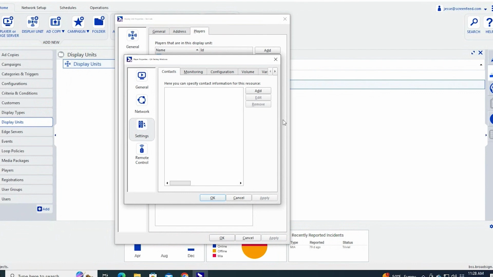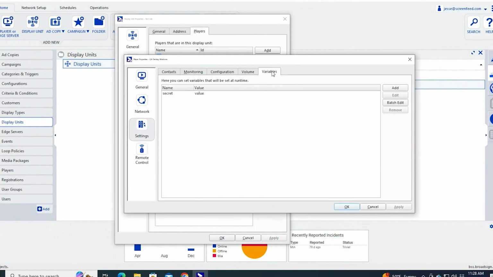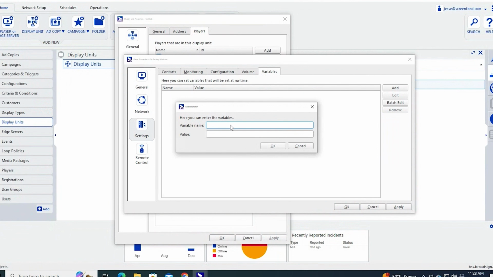And this is kind of small. Let's drag it open a little bit. We're going to choose variables. Now I already have it in here, but you can see if we click add, the variable name we set previously when we were setting up our feed. So our variable name is secret and our value is value. And we'll click OK.